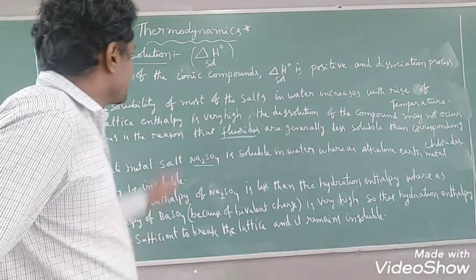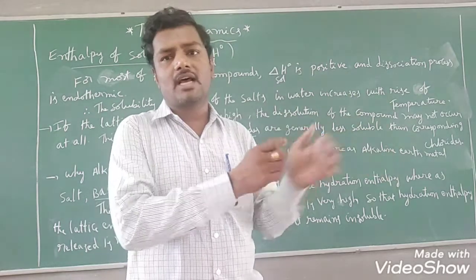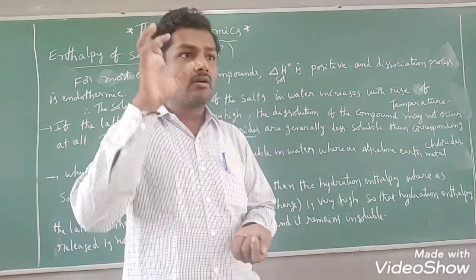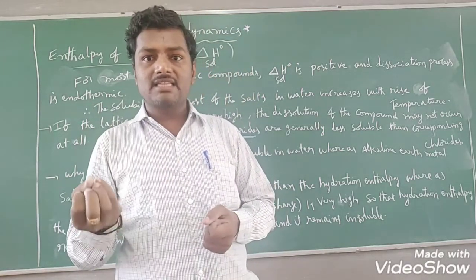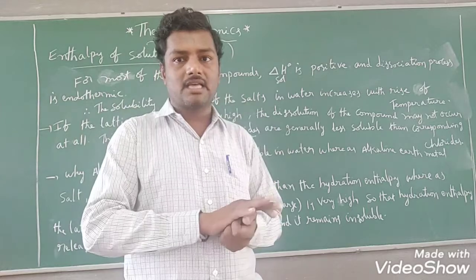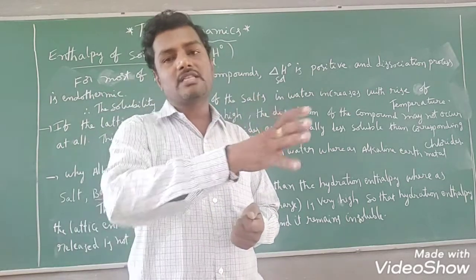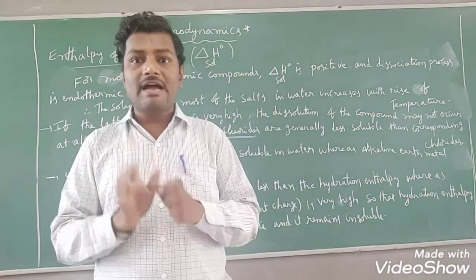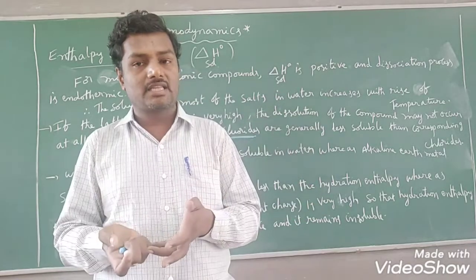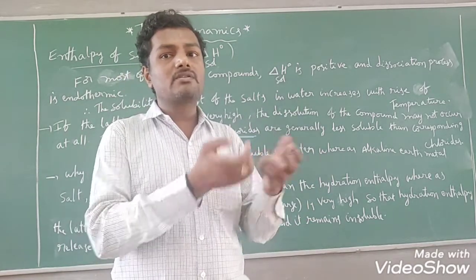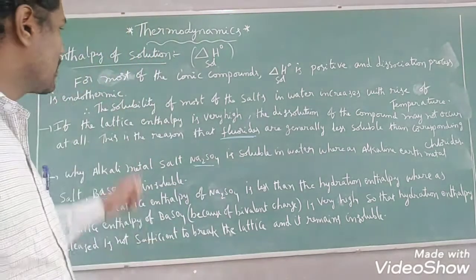So for enthalpy of solution, or any compound you have taken, whether it is soluble in water or not, how do we identify? By using the values of hydration enthalpy and lattice enthalpy. In which compound is the lattice enthalpy value lower than hydration enthalpy? If the hydration enthalpy value is more than lattice enthalpy, then that compound is easily soluble in water, we can say, students. If lattice enthalpy dominates over hydration enthalpy, in such cases the compounds do not dissolve in water, we can say.